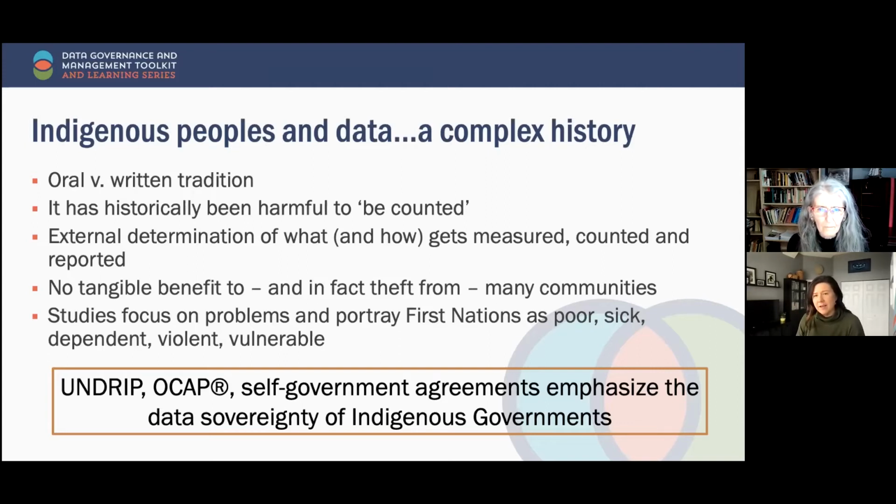So I think that often, even in my own nation, right? I was having a conversation with Laurel yesterday in preparation for today, asking how much data I am comfortable with my government holding about me. And that's not necessarily specific to my own government, but it is related to this hesitation I have personally about being counted. And I assume that those are issues that all of your governments will also be grappling with within your own citizenry. And it's part of why talking about the power of data and the benefit of data to them as citizens and to the governments collectively is important.